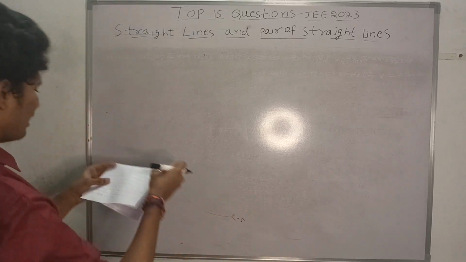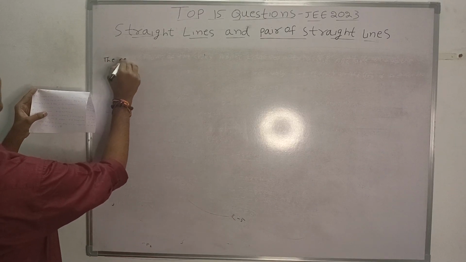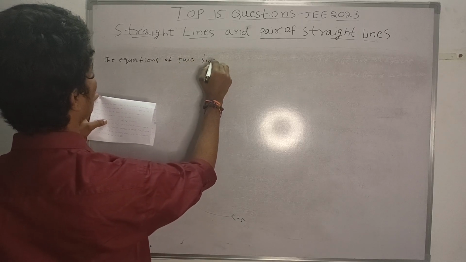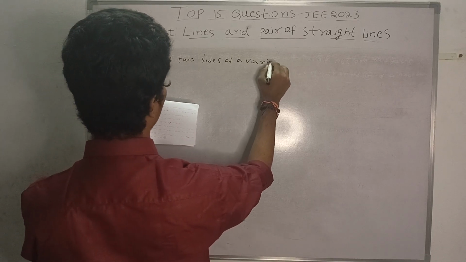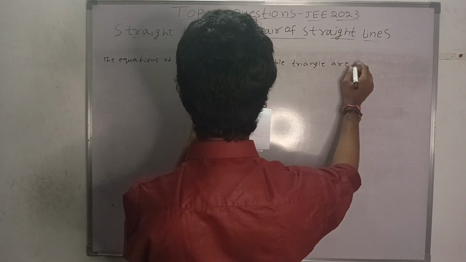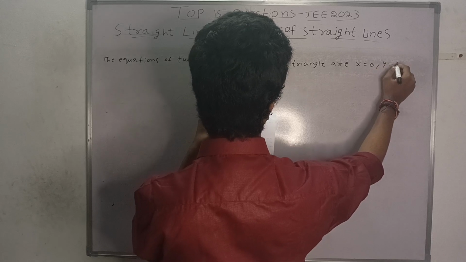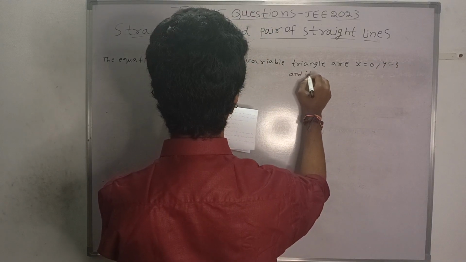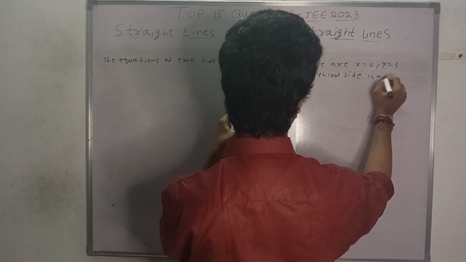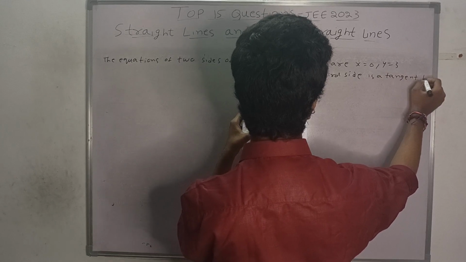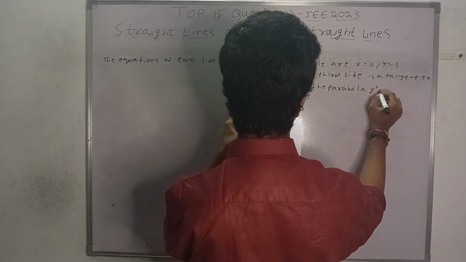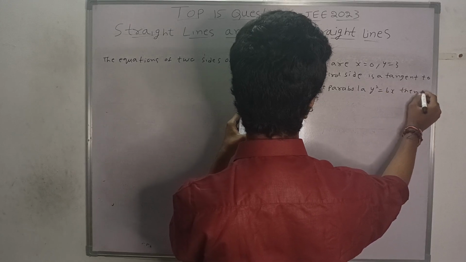The questions are completed. The last question: the equations of two sides of a variable triangle are x equal to 0, y equal to 3, and its third side is a tangent to the parabola y square equal to 6x. Then